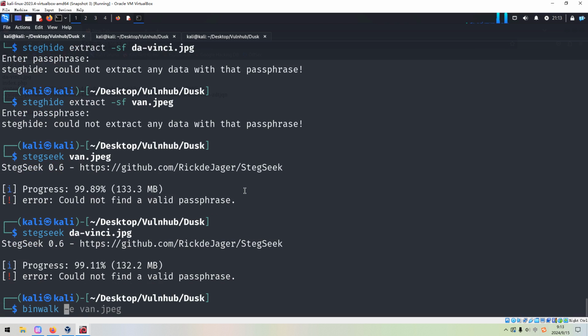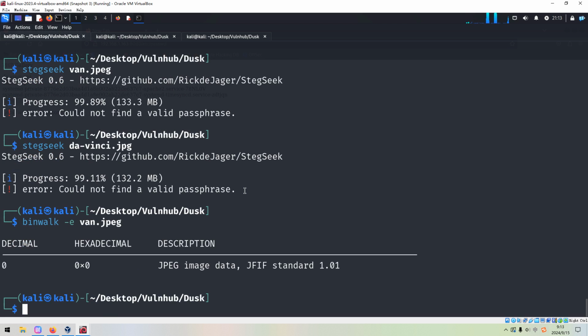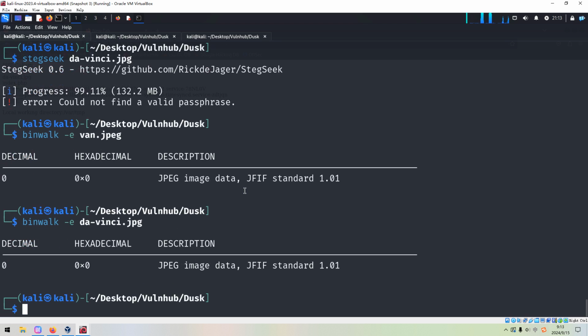And also we can use binwalk to see if we can extract any files. Nothing. So a bit disappointing. Okay, we have already done almost everything on the web application, but a bit frustrating. So how to proceed?